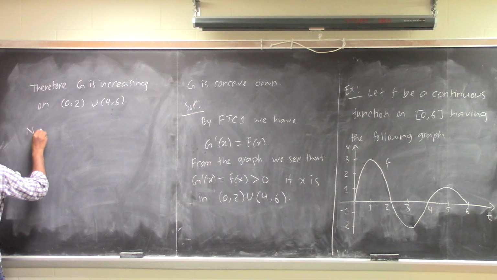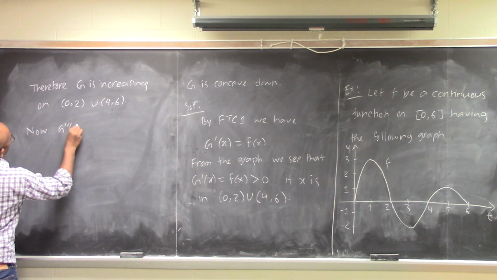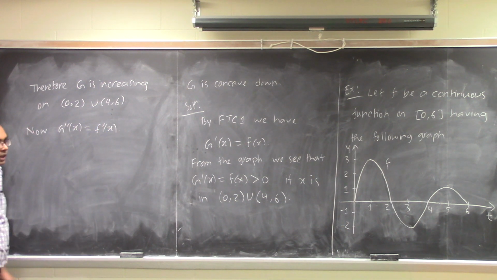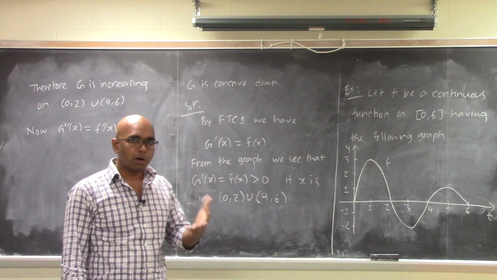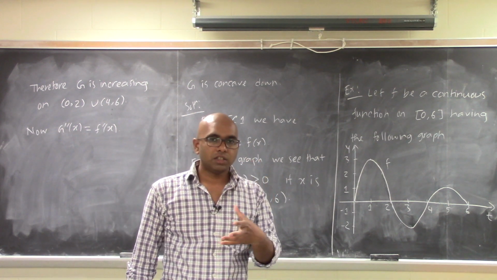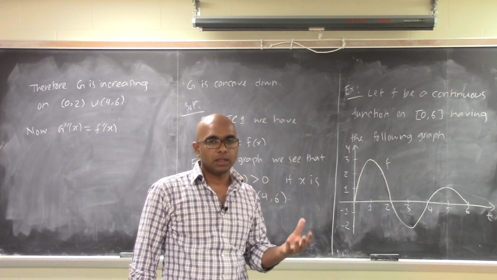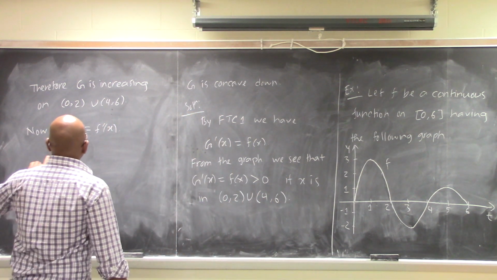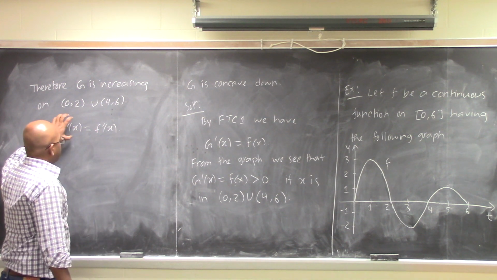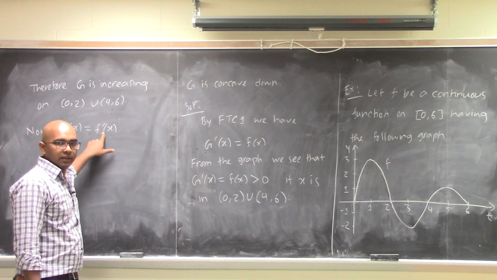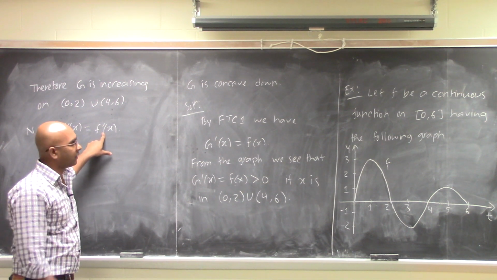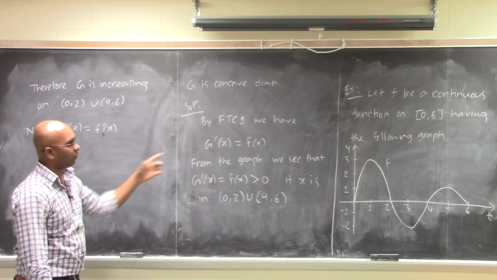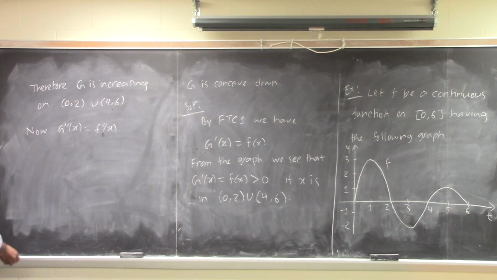Now G double prime of x, that is f prime of x, right? Now, if the second derivative is positive, that means capital G is concave up. If it is negative, that means it is concave down, right? Now, capital G double prime is negative, that means f prime is negative. That means f is decreasing, right? So in other words, we need to figure out where f is decreasing. So from the graph,